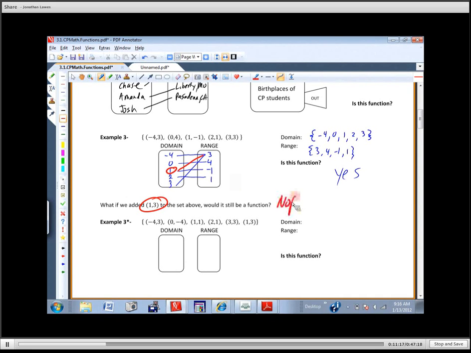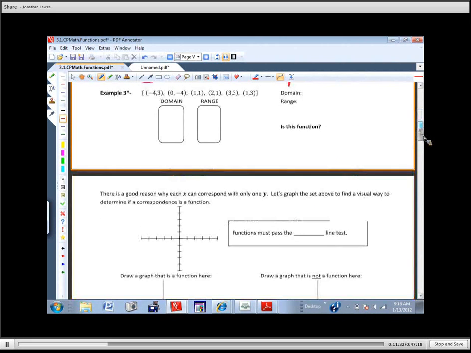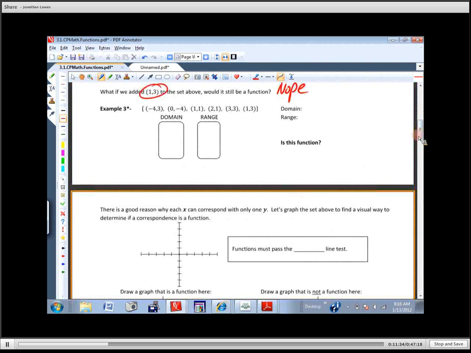Okay? I should clean these notes up, shouldn't I? I could just add that. All right, everybody good there? Okay. All right. Okay, I'm going to leave this so you can see both of them. There's a good reason why we can't have an x corresponding to 2 different y's. So we pointed out,